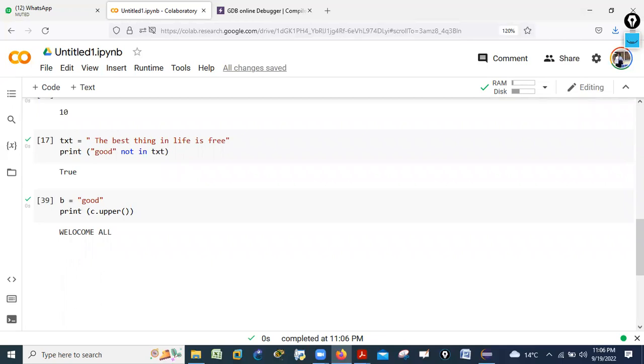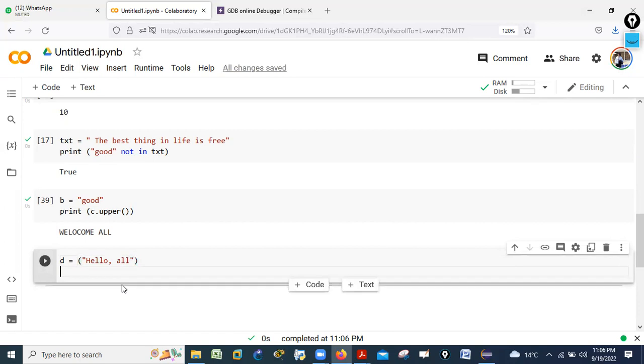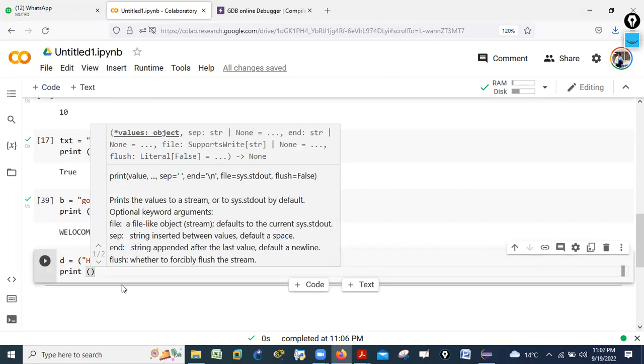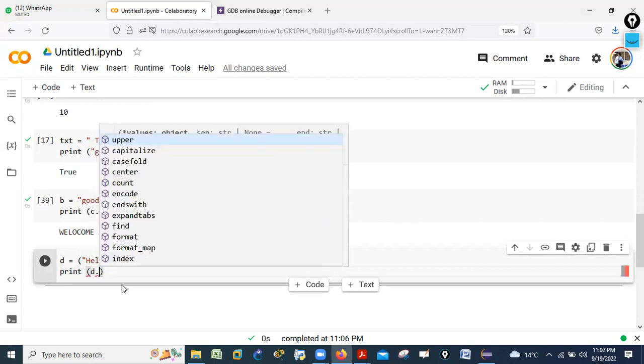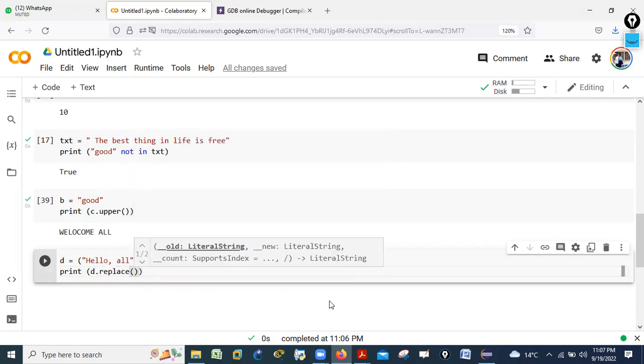Here I am saying that if you want to modify your string, you can modify the string. Let me create one more variable. D is equal to, for an example, let me write down one string, and my string will say hello all. Now I will print D dot replace one word, and my word is the capital H. I want to replace my one word